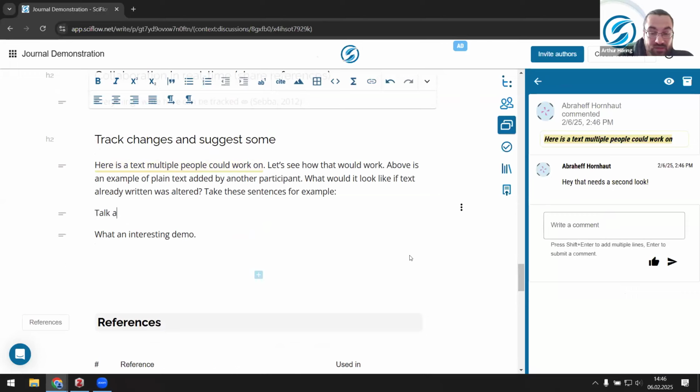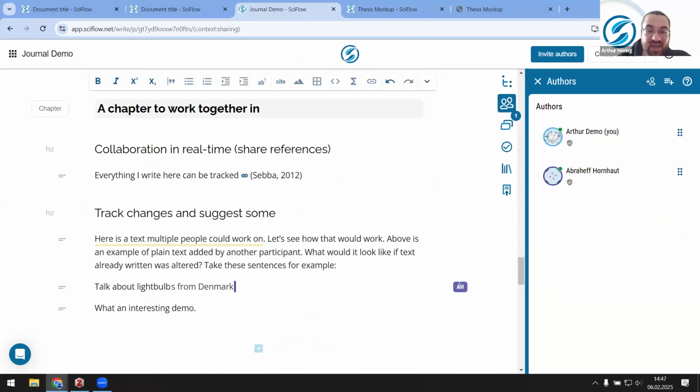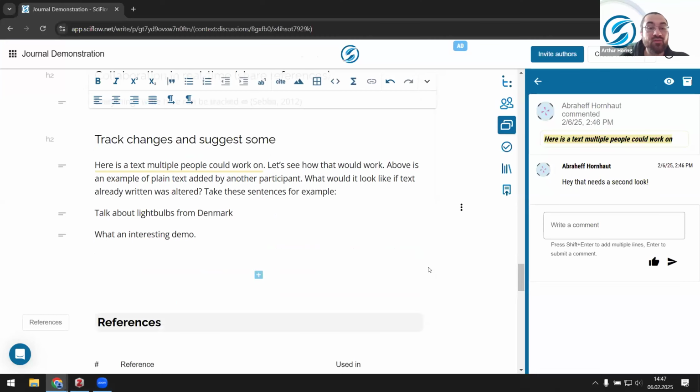Otherwise, maybe to highlight the track changes, if I just take a sentence and delete it and then talk about light bulbs from Denmark or something like that, we will see that I have an indication that right now my alter ego is in this part of the document and is working, but it's hard to track right out of the get-go working in the editor. We can see that later when we track the changes and compare revisions,